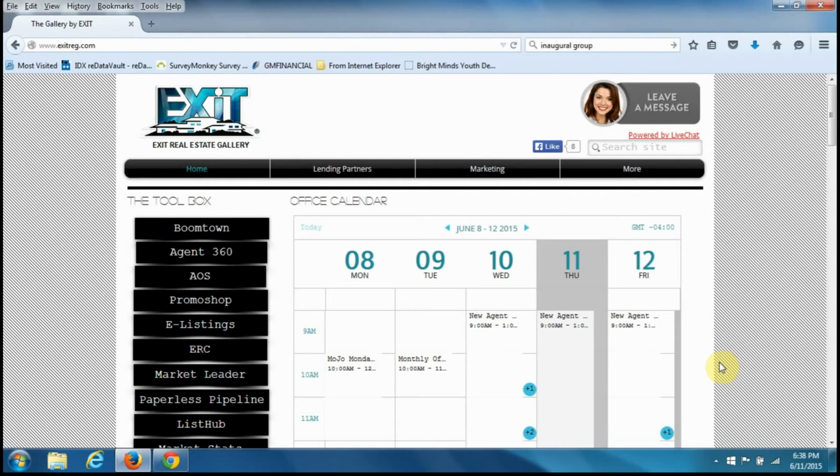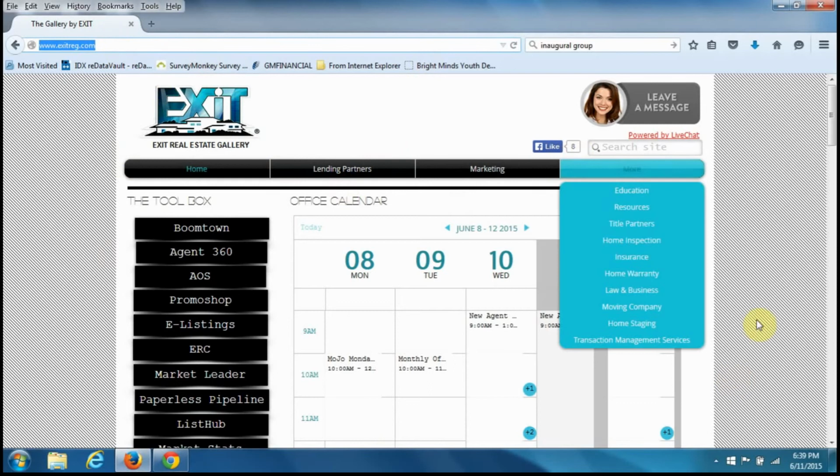We're going to go ahead and get started by opening up a web browser, which you see I have before you on my screen. And we are going to enter exitreg.com into an address bar. When you hit enter, this is the website